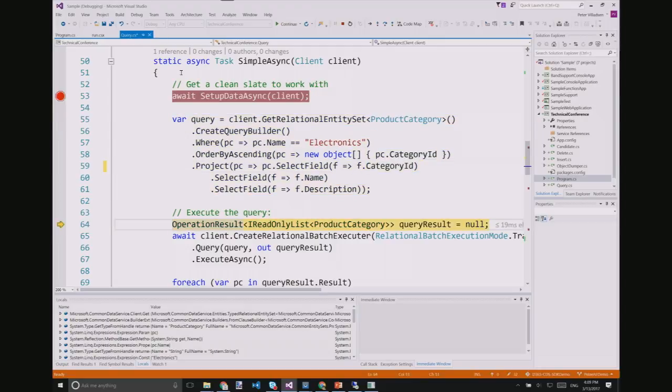F10, there. Now let's start thinking about what the query result is. Now we've just said this is the query. Now we say, okay, when we execute the query, we want the result here. And this is what that looks like. It's an operations result that takes as a generic parameter a read-only list of the artifact that we're going to fetch from the query.